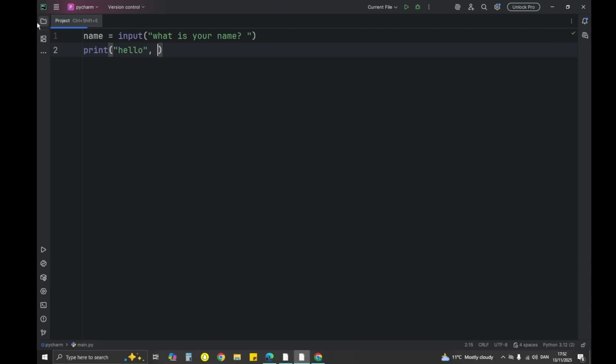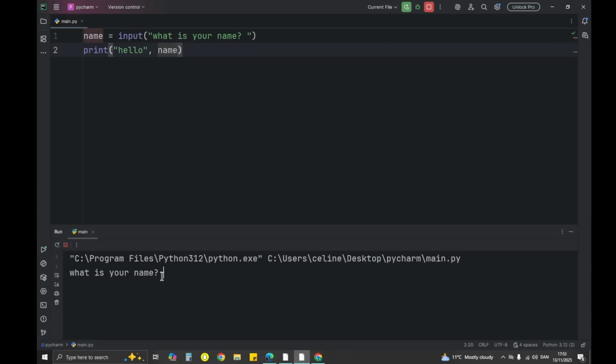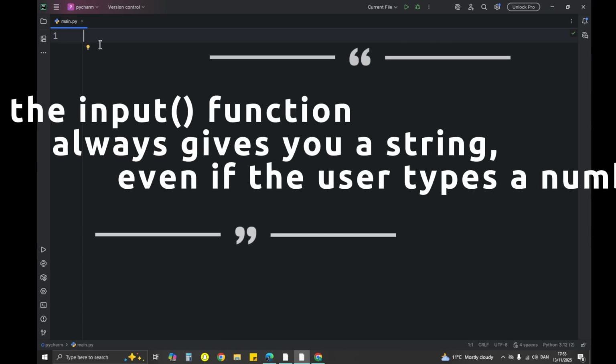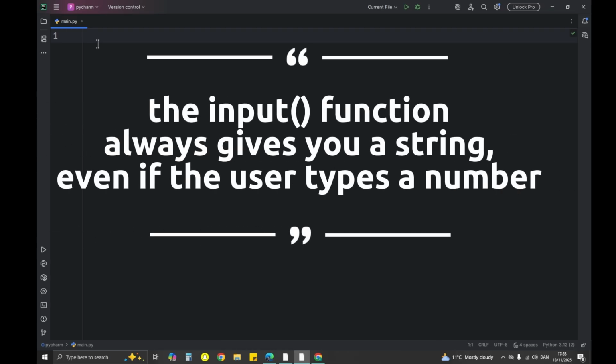When you run this, Python will pause and wait for the user to type something. I will write Celine, press enter. Then it will store the text in the variable name and print a greeting. Hello, Celine. One important thing to remember: the input function always gives you a string, even if the user types